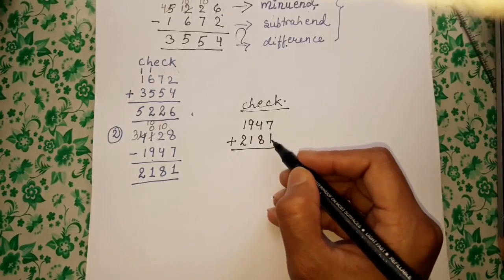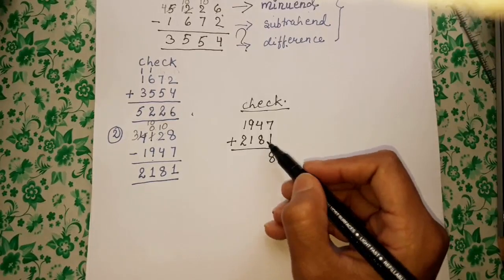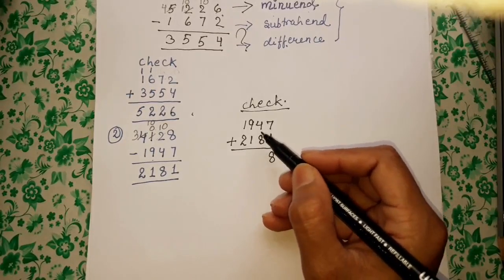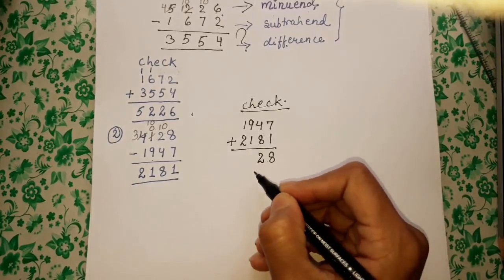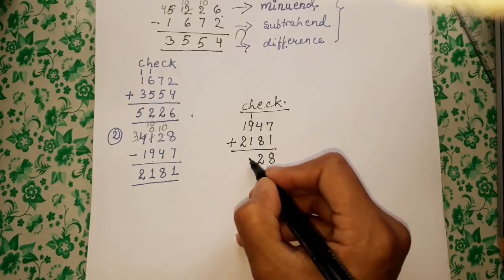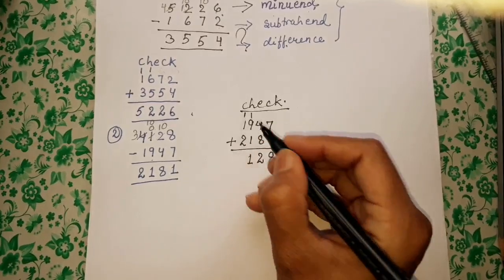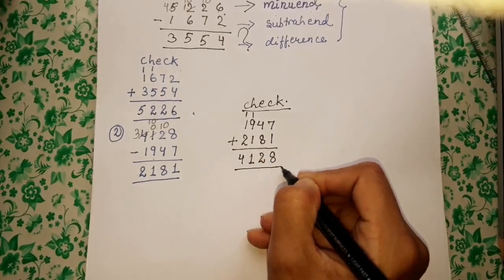When we add 7 plus 1, we get 8. And when we add 8 plus 4, we get 12. Here we write 2, 1 goes in our hand. 9, 1, 10, 1, 11. Again 1 goes in our hand. 2, 1, 3, 1, 4. Here we get